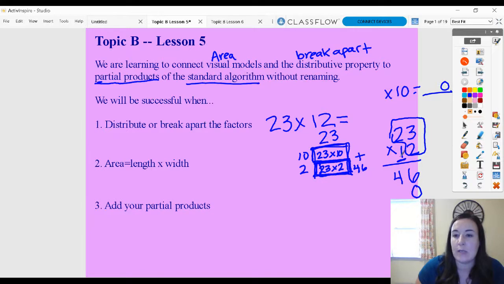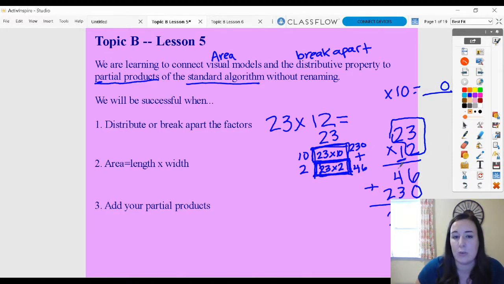So I'm taking 23 times 10, which is what we're doing right here. And so I would get 230, which is what I also get here. So 230 and 46 I have to put back together, which is exactly what we do in the standard algorithm of placing our numbers back together, our partial products back together, when I add them together to get the product